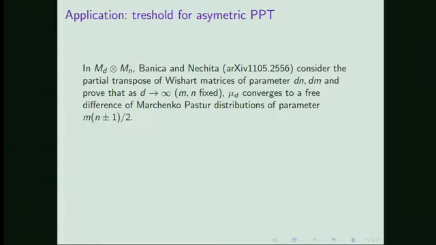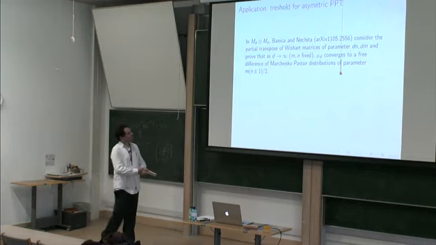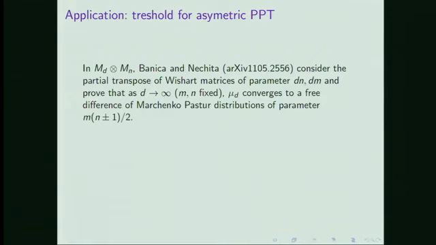look in M_D times M_n. So here it's not D1, D2, it's D times N, and then they take the partial transpose of this set, and they check what happens as D goes to infinity. So N here is fixed, D goes to infinity, and there is an environment which is of dimension D times M, and then you have this random pure state. You take the partial trace with respect to the environment. Then you get these normalized Wishart matrices. And what they prove is that